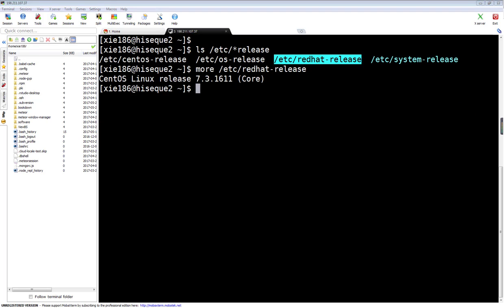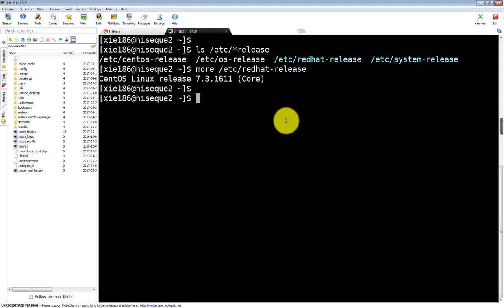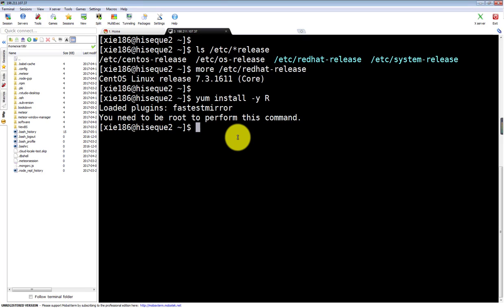Okay. So then the second step is what we are going to do is to install R. Usually, first thing you can try to install R. Use the yum install. Here I was told that I need to be root to perform this command. So I'm going to root, type my password,